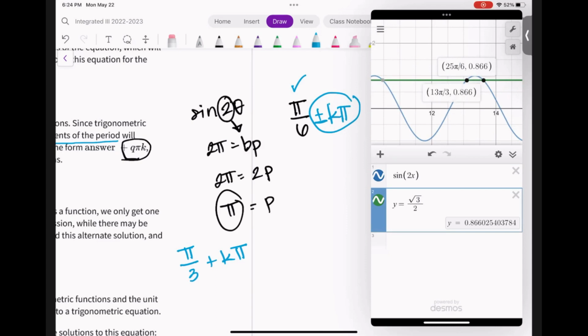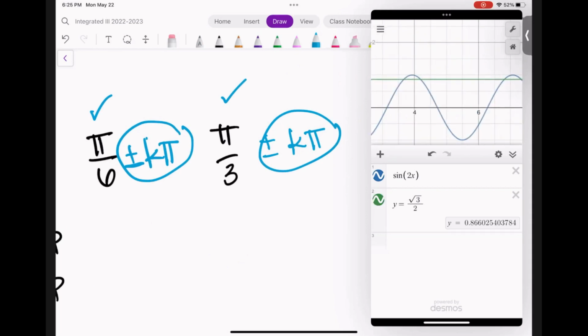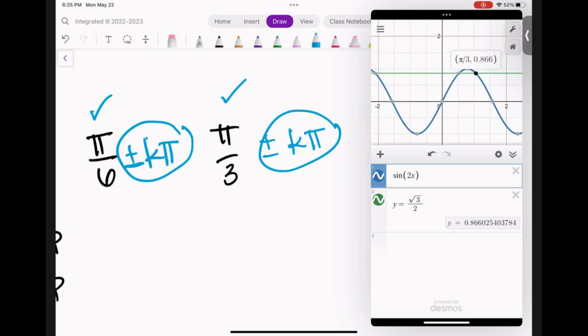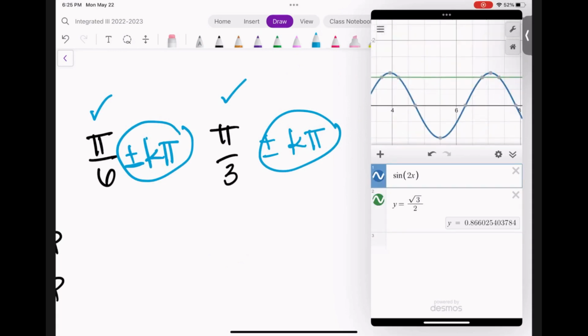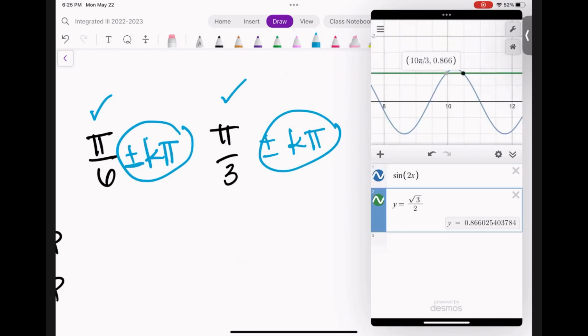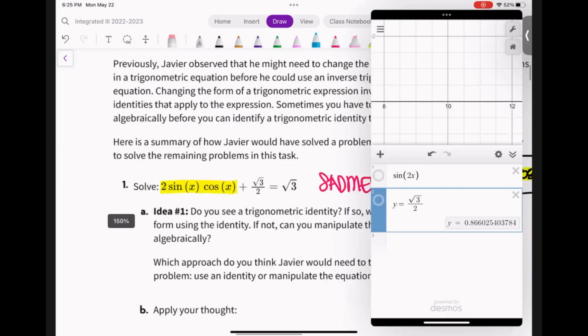These ones here that have the denominator of 3 are this answer here, pi over 3 plus k pi. So pi over 3 plus k pi is going to be pi over 3, plus 4 pi over 3, plus 7 pi over 3. And we're just going to keep adding pi's to it, 10 pi over 3 and continued. You could also look at this as, I'm going to turn these off for a second. You could have also checked your answer using our original equation that they gave us, and you should get the